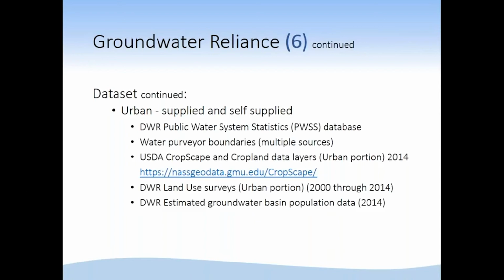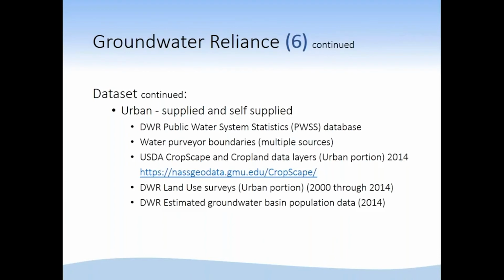That is a very good question. We use that to fine-tune a lot of the urban purveyor layers that we had, because there are quite a few of them that are just big block areas. There are areas within those purveyor areas that are not serviced; they're either parks or they're undeveloped, things of that nature.